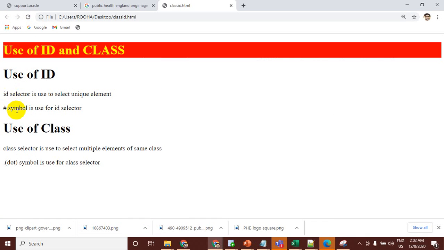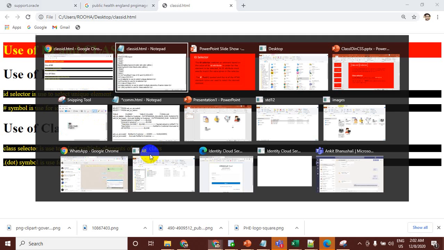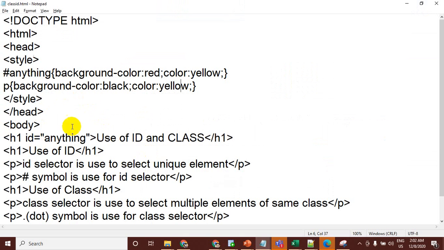This is the p tag, this is the p tag, and these 4 lines come under the paragraph tag. So I have applied only on p tag. Now you will see the effect will be applied on all the p tag. Okay, now all the paragraph tag has been changed. The background of paragraph is changed to black and the text color is yellow. Okay, so for example, if you want to apply your this